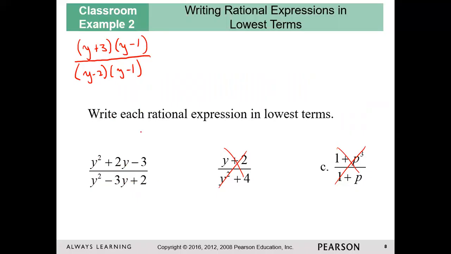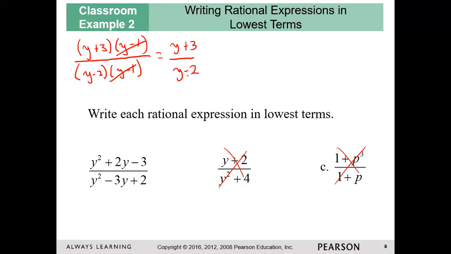Negative 2 times negative 1 is positive 2, and negative 2 plus negative 1 is going to be negative 3. And then you can see pretty clearly here that you have a common factor of this y minus 1. So we're going to cancel those out,